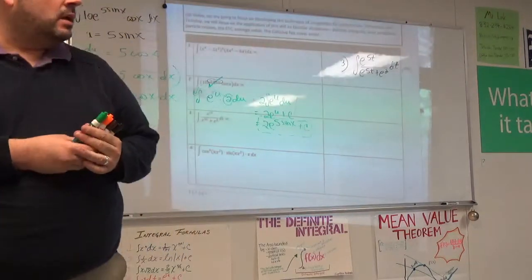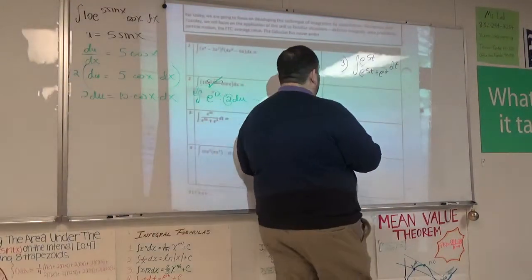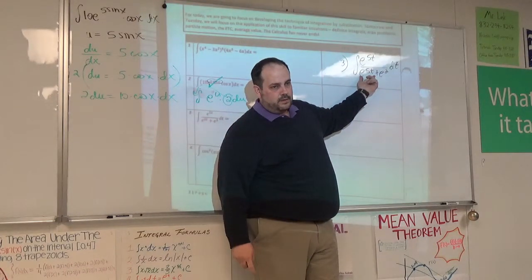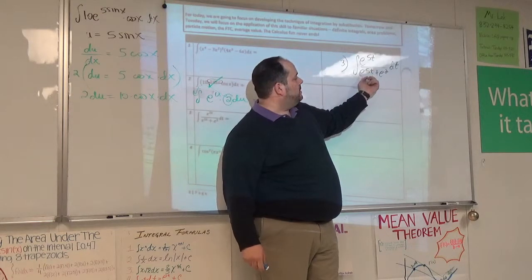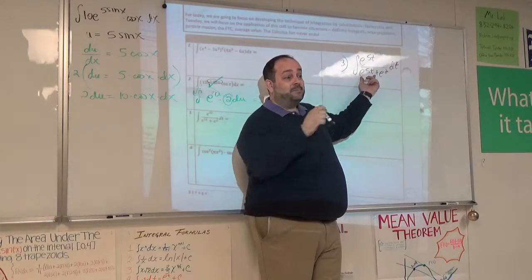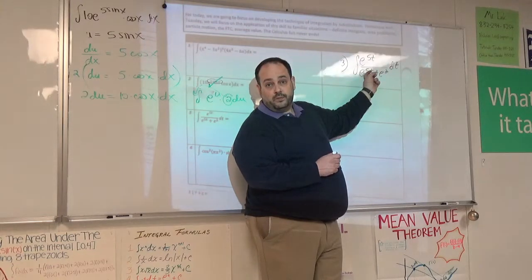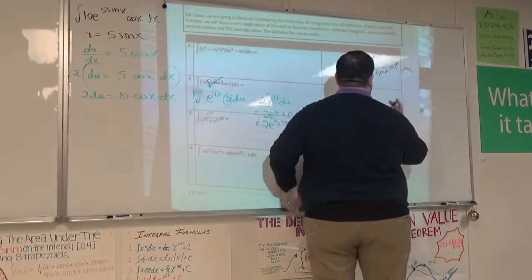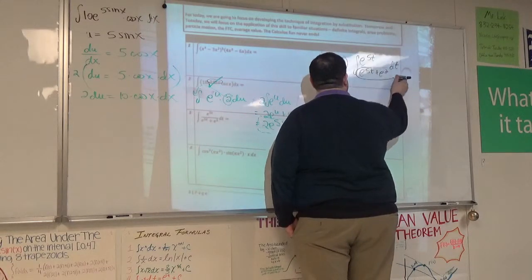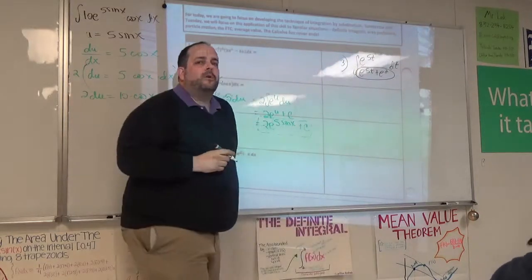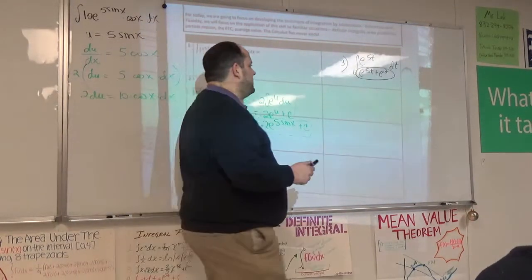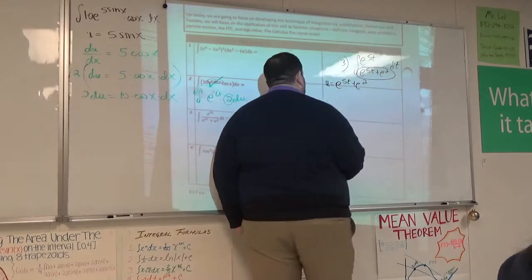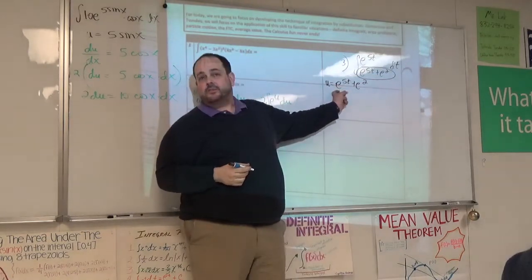Salma, where do you think? E to the 5t. So if e to the 5t is the baby, what's the derivative of the baby? E to the 5t times 5, because you need a chain rule. Okay, so maybe it's e to the 5t. I will tell you what the baby really is: the entire denominator. We're going to get a lot of practice over the next couple of days with identifying this baby, but trust the process. If the baby is this e to the 5t plus e squared, if this is the right baby,